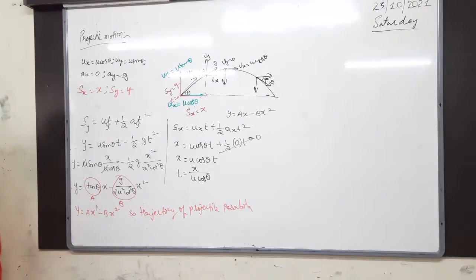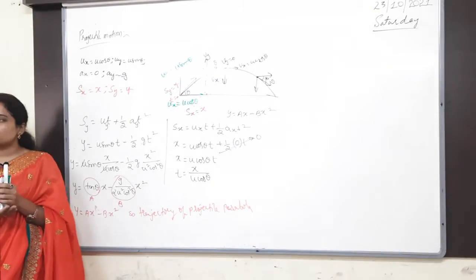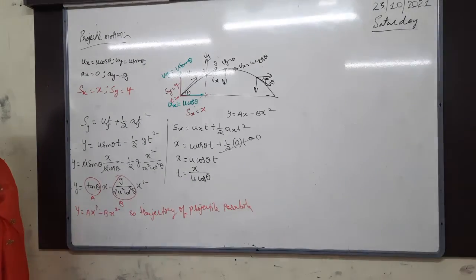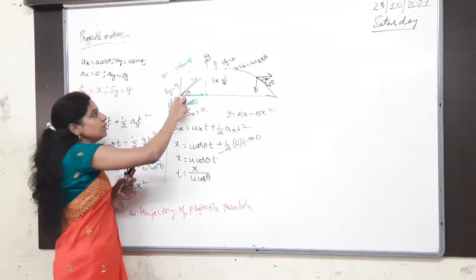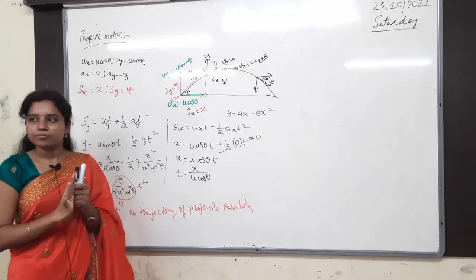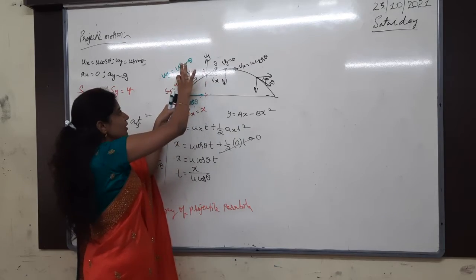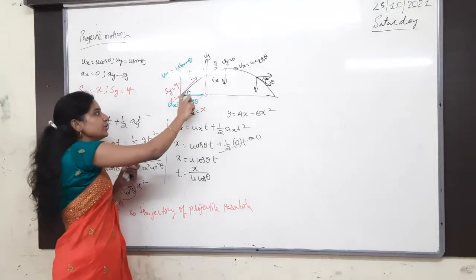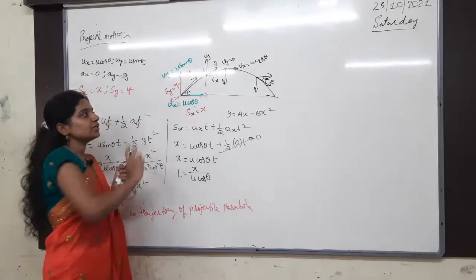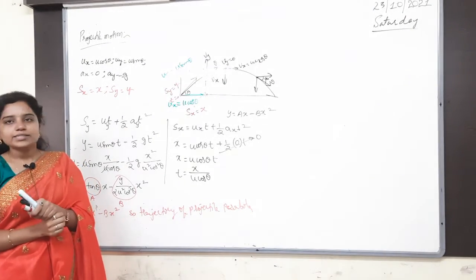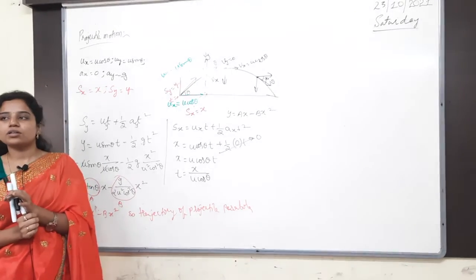Clear? So first of all you have to take the displacement along the x-axis as x. Why is the displacement along the x-axis x? I have taken the displacement after time t. Initially how much here? 0, 0. Origin is 0, 0. Now I am stopping the ball here and then I am finding everything. Whenever I stop the ball here, the horizontal distance I am just considering as x, and the vertical distance as y. Obviously u is the initial velocity, so the horizontal component is u cos theta, and the vertical component is u sin theta. Along the x-axis, what is the acceleration? ax is equal to 0, ay is equal to minus g.